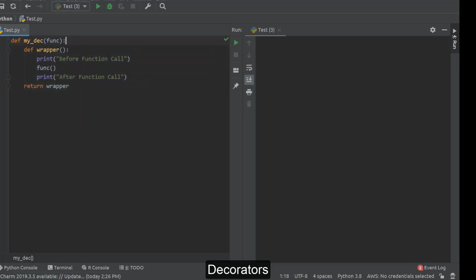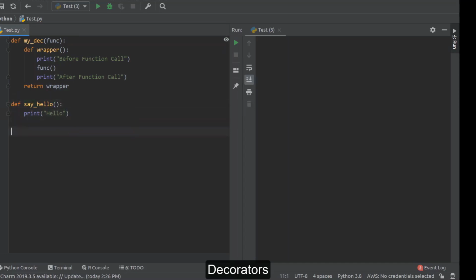So see what exactly the work of a decorator is. It takes a function as an argument, the function which we want to decorate. We call that function here. We are decorating before the function call and after the function call. So wrapper is the function where we carry out the decorating work, and the decorator function returns the reference of this wrapper. Now we write another function which we are going to decorate. Suppose say_hello is a very simple function through which we print only hello. This is the function which we want to decorate.